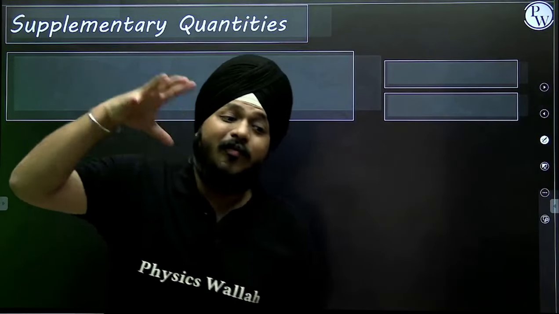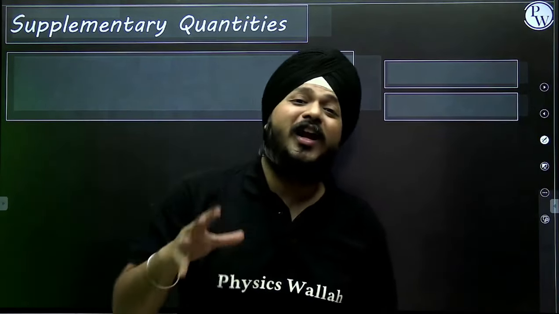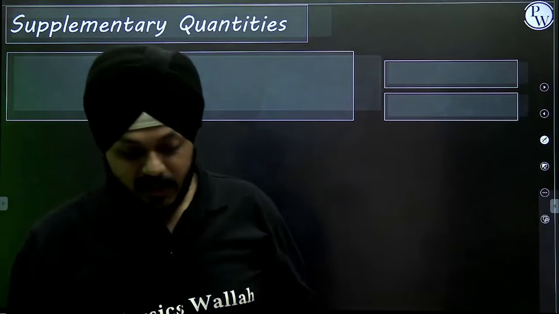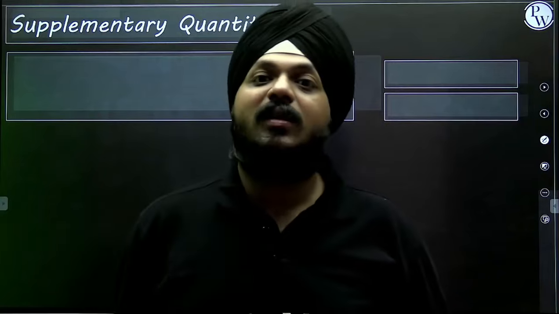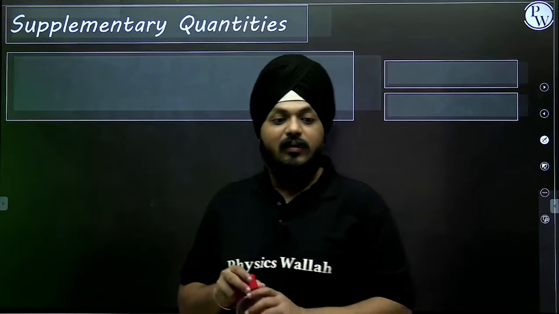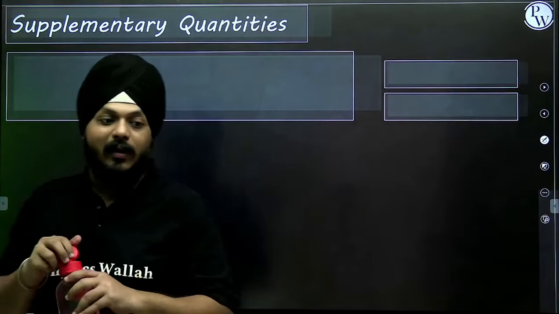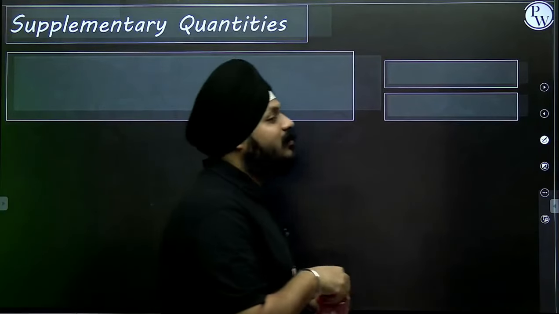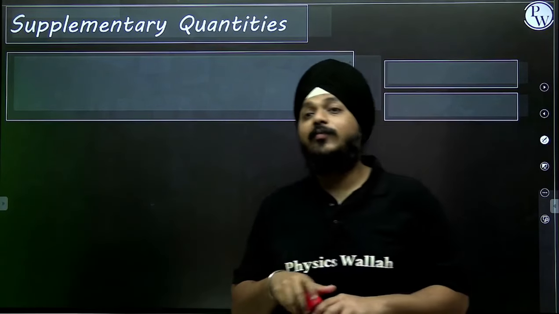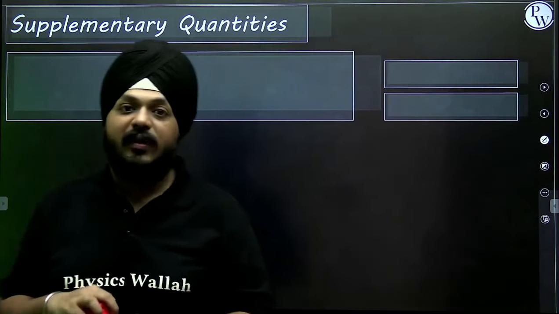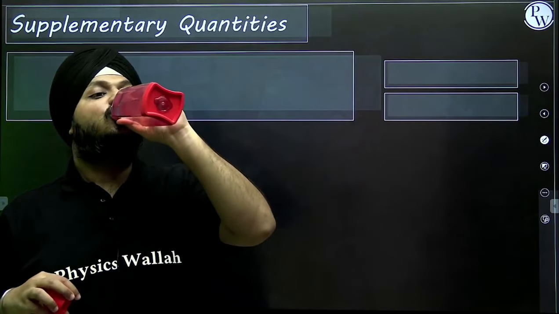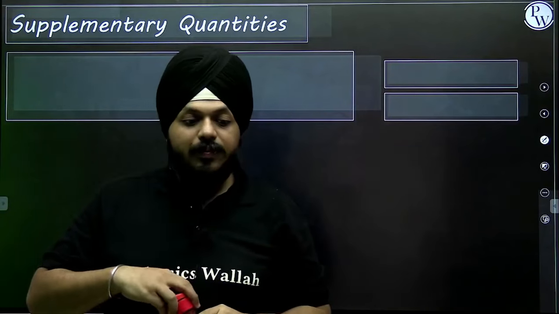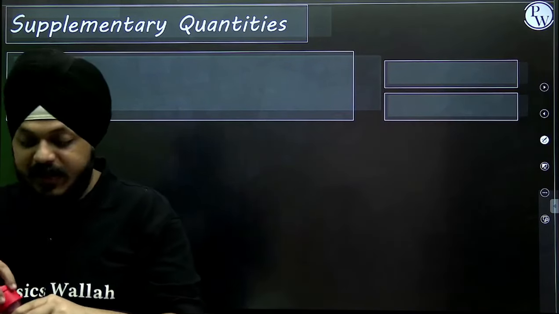Why was there a need for a third classification? It was a very important thing, right? Why was there a need for a third classification? Yaar, 2 were appropriate. Then why did they keep this third? And why were the plane angle and solid angle defined? So let's move on to it. Okay, supplementary physical quantities.